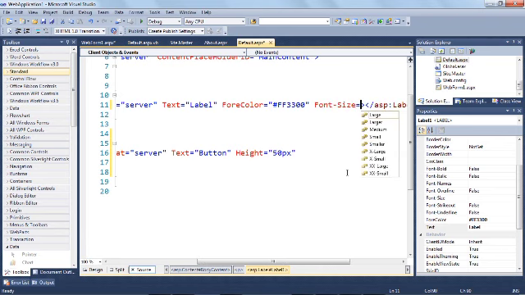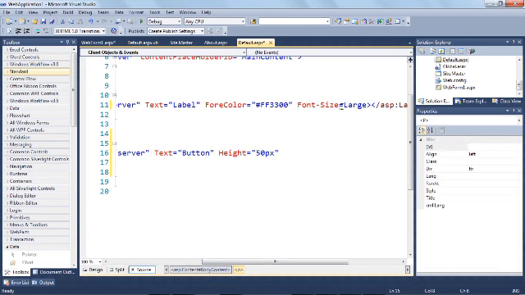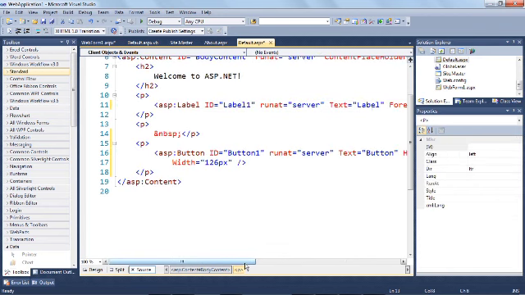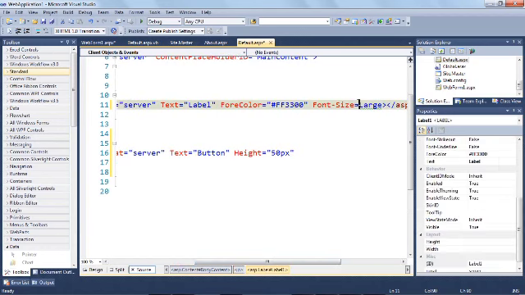Okay, so you can say large. You can set the font size we are used for. So here we will use.